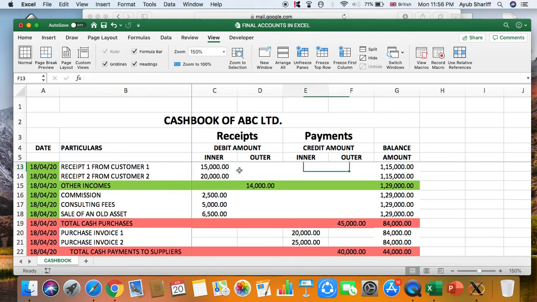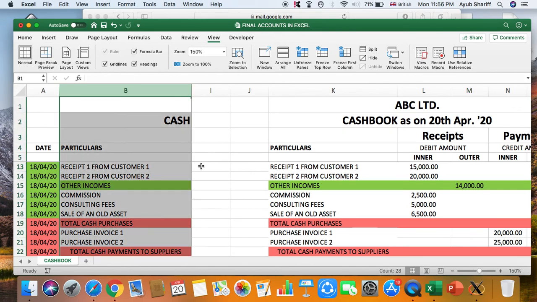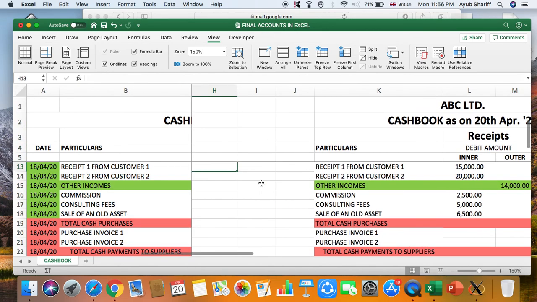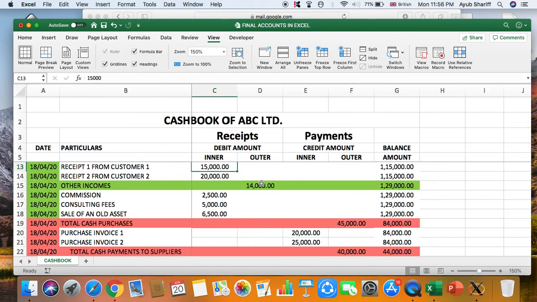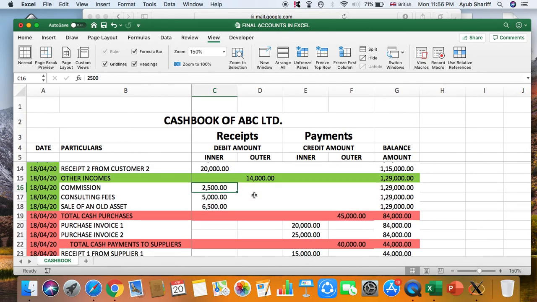And even if I go over here onto my right, you can see the column B is not moving, is not going out of sight. So that's a very cool feature, which if you're not aware of it, you must use it. It'll help you avoid a lot of typing errors. And even if you're trying to find out some information, you'll be looking at the correct column you're supposed to be looking at. Okay, so now again you enter in the inner column and then do the same thing,